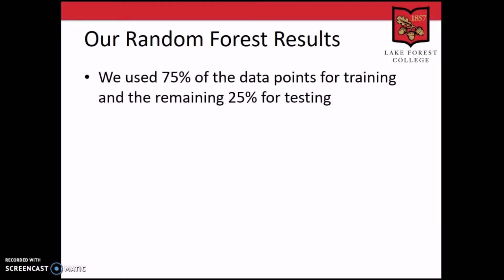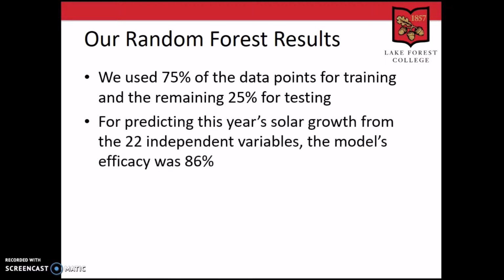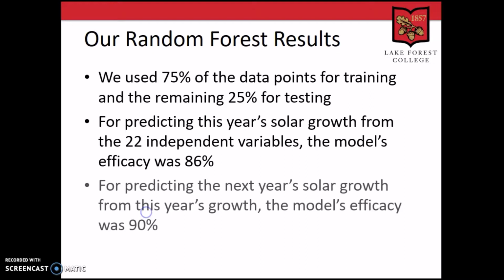So our random forest results were much better. In fact, they were pretty good. We used 75% of the data points for training and the remaining 25% for testing. For predicting this year's solar growth from the 22 independent variables, this model's efficacy or accuracy was 86%. For predicting the next year's solar growth from this year's growth, the model's efficacy was 90%, which is a pretty